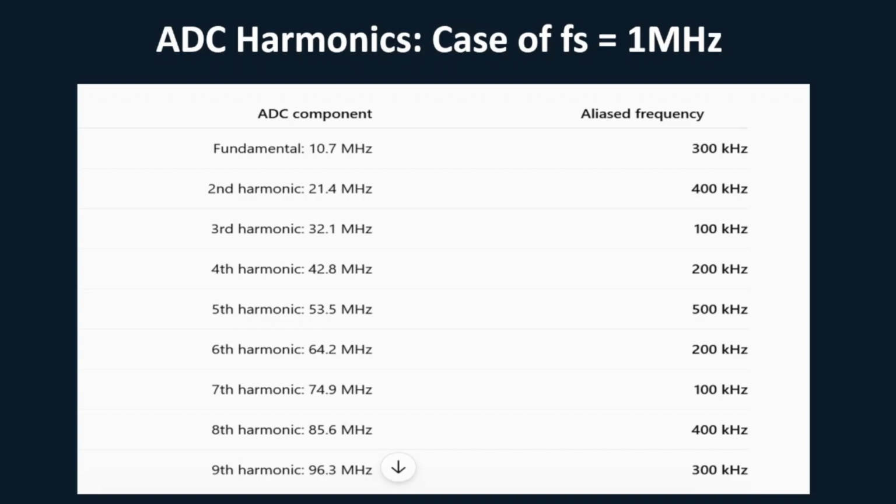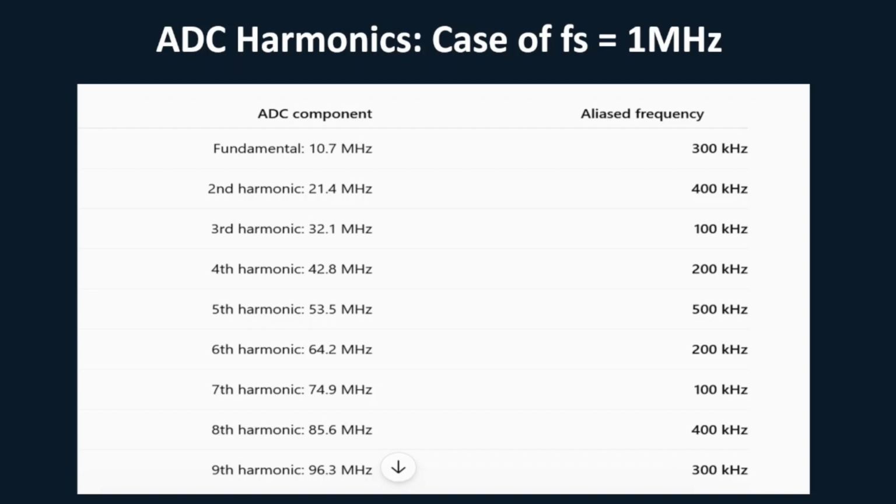All of them, like very close. Even worse, the 9th harmonic just aliases exactly at 300, exactly at the center frequency of our fundamental frequency. So definitely designing with an FS of 1 megahertz will be problematic, will cause issues, especially if it happens our